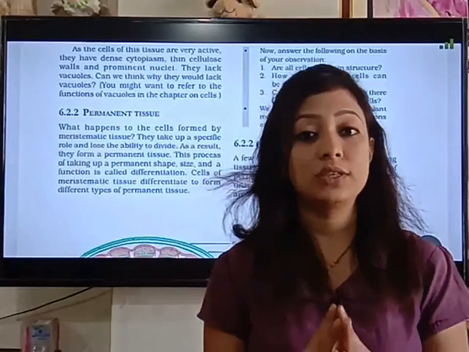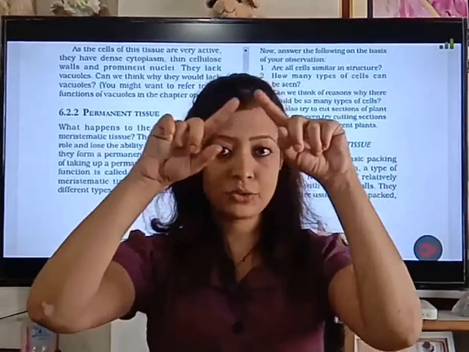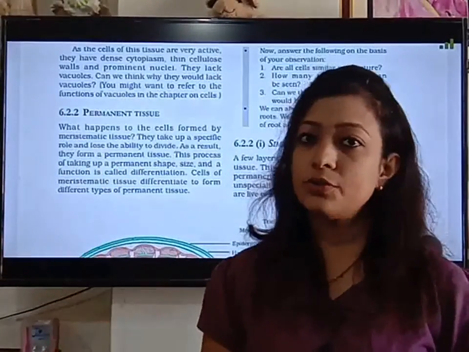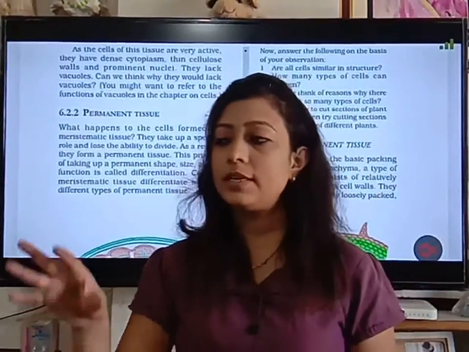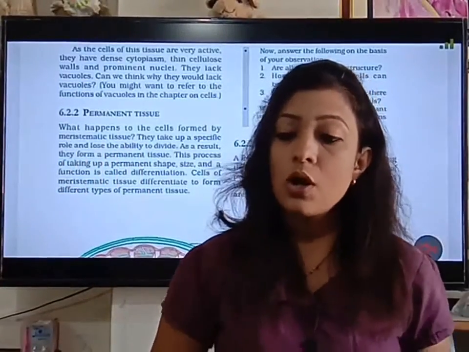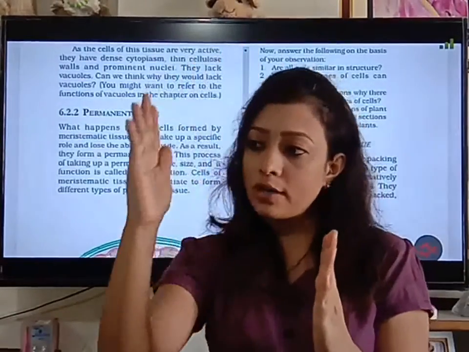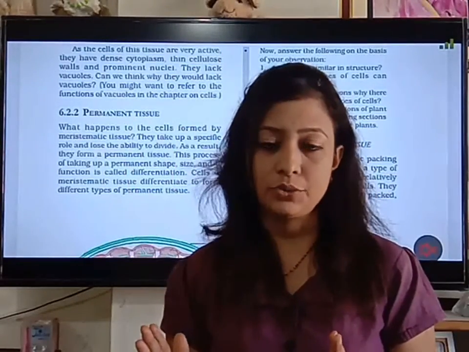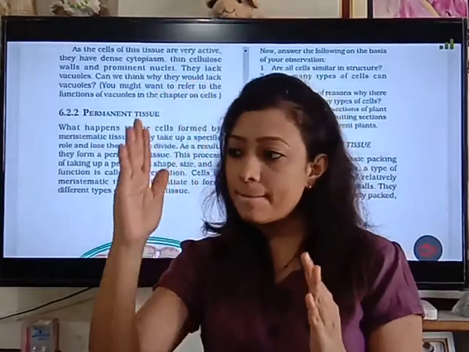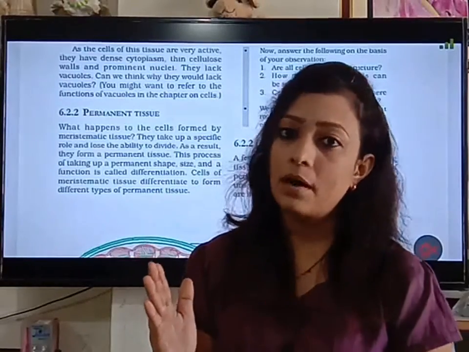So at that time we discussed in the flow chart of the plant tissues that plant tissues are categorized into two types basically, the growing tissues and non-growing tissues. That is the meristematic tissues and permanent tissue. So children, these meristematic tissues only later on change into permanent tissue. These meristematic tissues are immature, and once they become mature, they get converted into the permanent tissue.